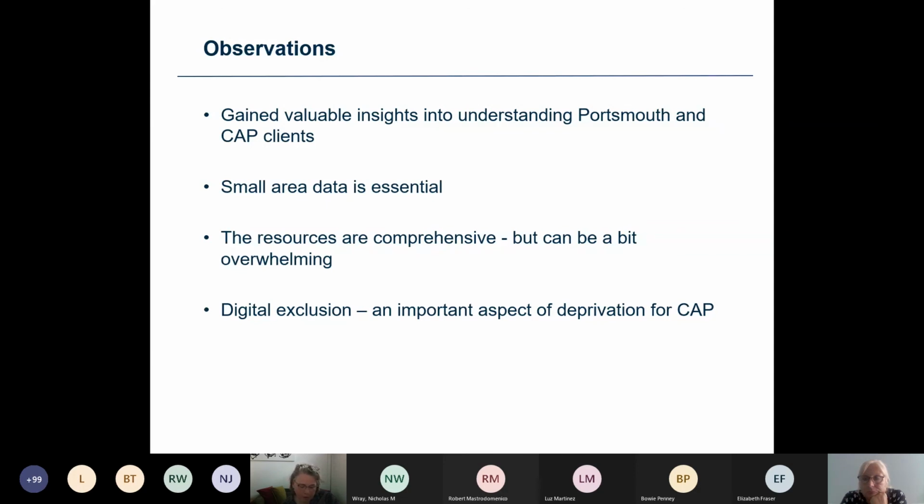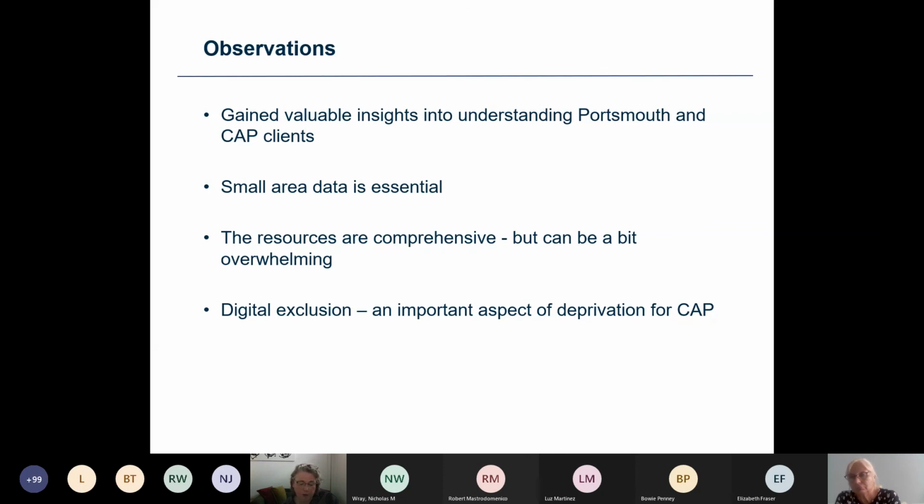One of the aims of this project with CAP was to explore preferences for how advice can be accessed. So it's important to consider how those who might be in need of CAP services could be affected by increasing technological service. An insight from this project is that digital exclusion is a real concern for the vulnerable, and is becoming increasingly considered as a new form of social deprivation, whose impact has been exacerbated by the pandemic.